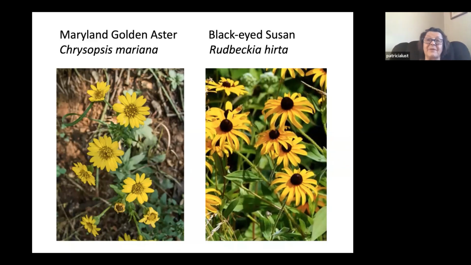The black-eyed Susans, one of my favorites. The Rudbeckia has an awful lot of different species, and some of you probably have brown-eyed Susans in your garden. The brown-eyed Susans bloom a little bit earlier than the black-eyed Susans, and they have a taller habit. But I like the black, personally. You know, everybody has different personal tastes. Personally, I like the black-eyed Susans better,